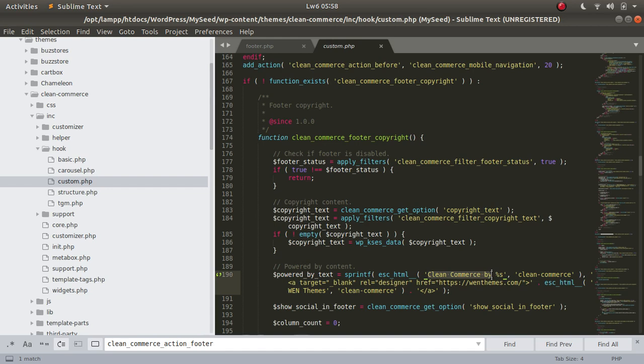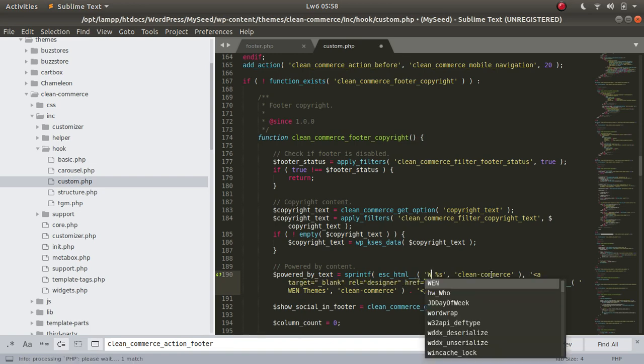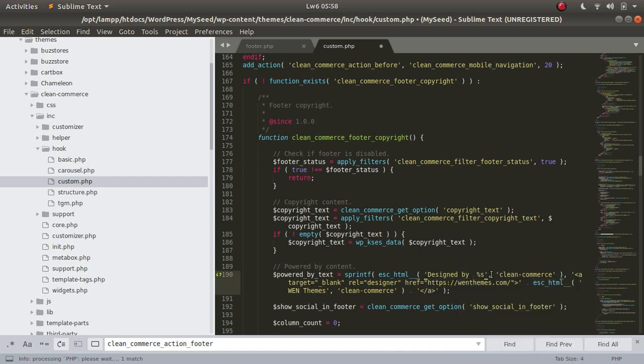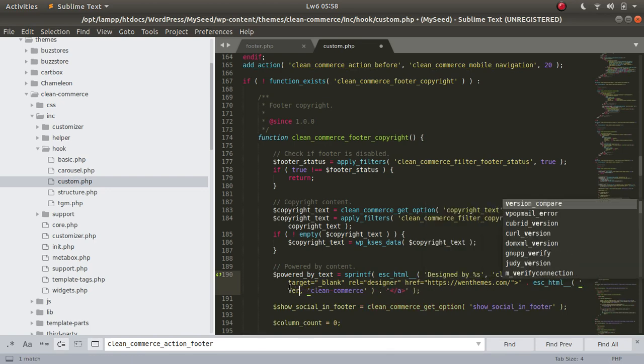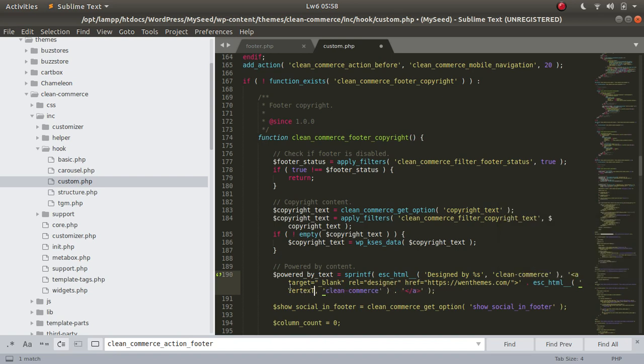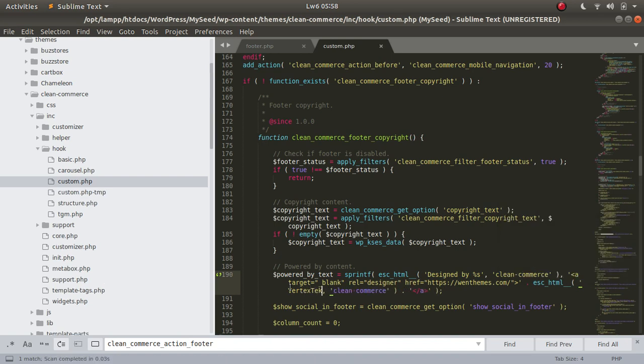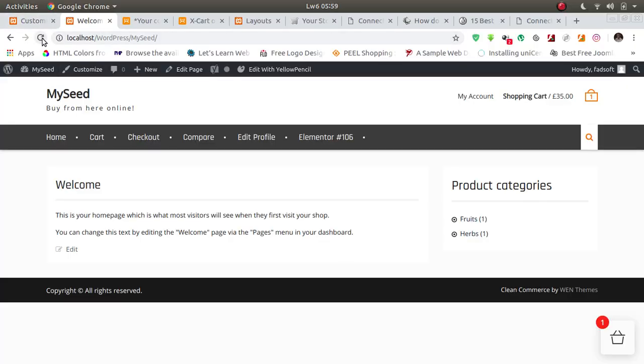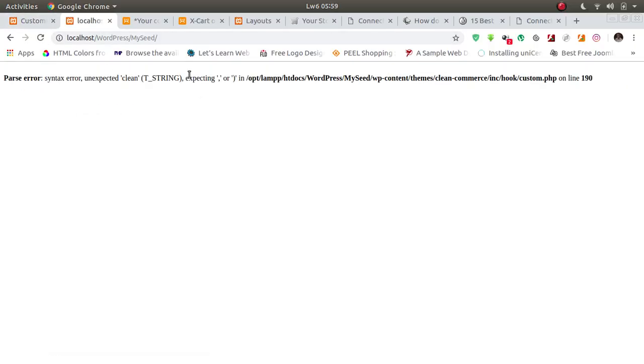So just put website, or you can put designed by, come and change this, only this, vertex tech, save, go back and refresh.